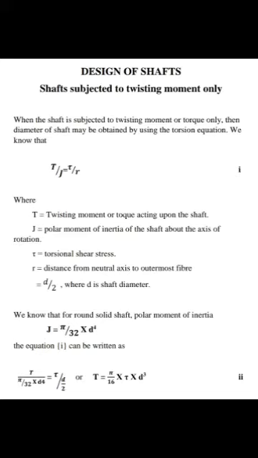Various materials may be used for the manufacture of a shaft, but whatever material is used, it should have high strength, good machinability, a low notch sensitivity factor, good heat treatment properties and high wear resistance. If these properties are present in the material used for the shaft, then it will be good for the design.